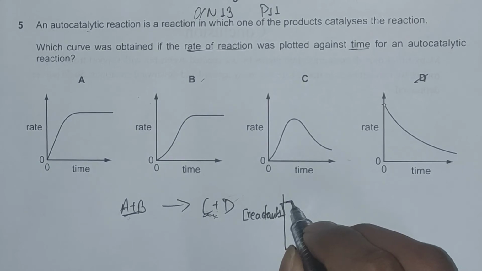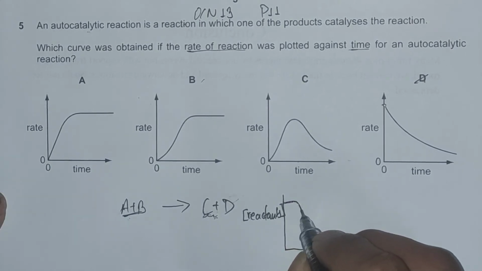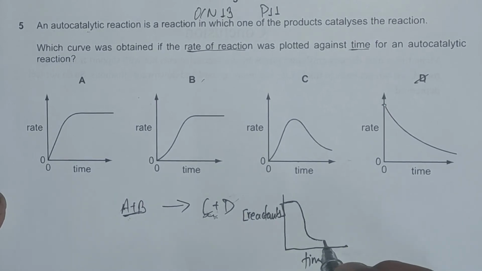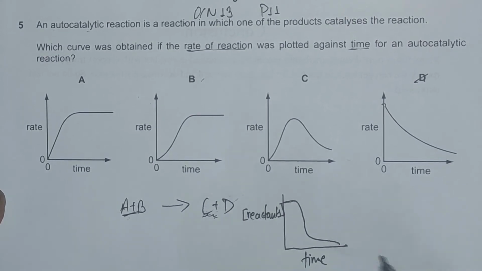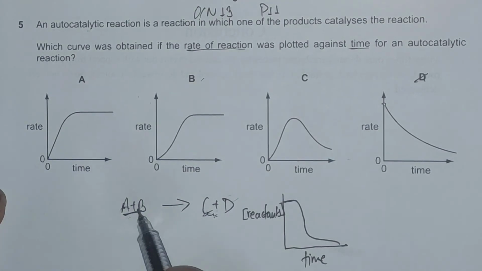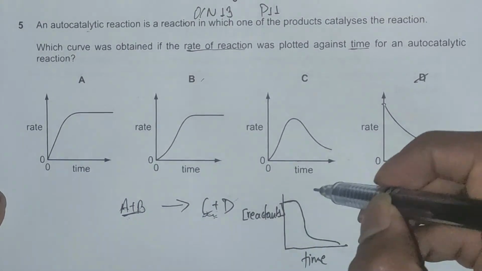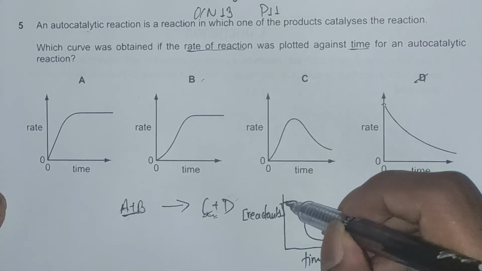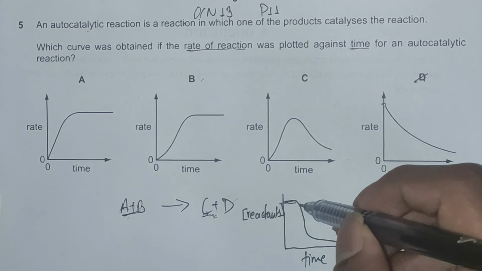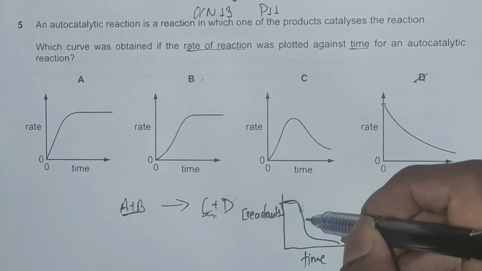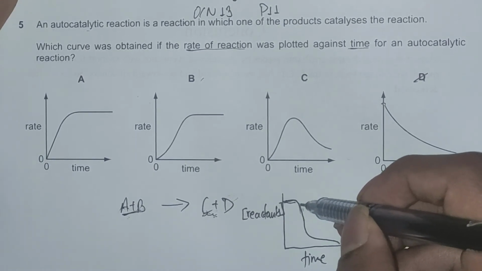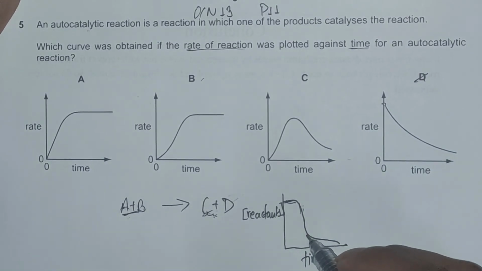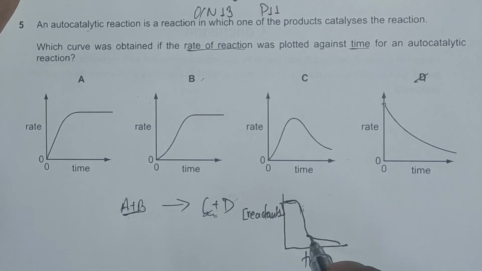So initially we have a high concentration of reactants, and then it goes like this, and then again like this, and when the reaction goes to completion, we'll have zero concentration of reactant, because the A and B are converted to C and D. Explaining this graph, we have high initial concentration of reactant, and this steep slope gives us the idea that the reaction is autocatalyzed, because the concentration decreases very rapidly, and once all the catalyst has been used up, the reaction again proceeds quite slowly and goes to completion.